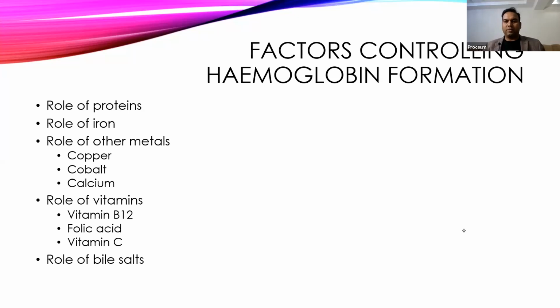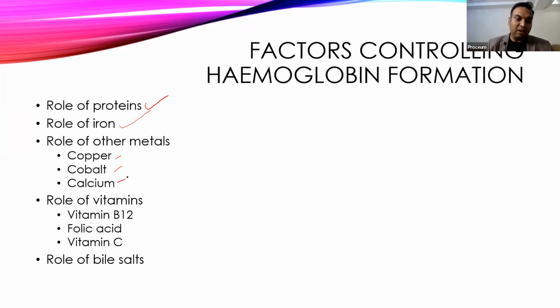Okay, now we'll start factors controlling hemoglobin formation. So as I said, to make anything you need raw material. So first important is requirement of raw material. First we'll need protein for synthesis of globin, then iron for synthesis of the heme, and other metals like copper, cobalt, and calcium are required for the